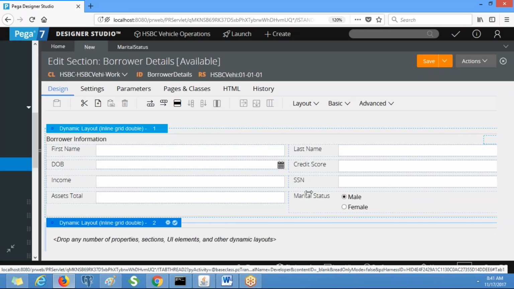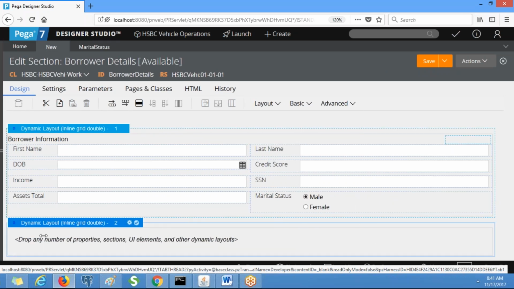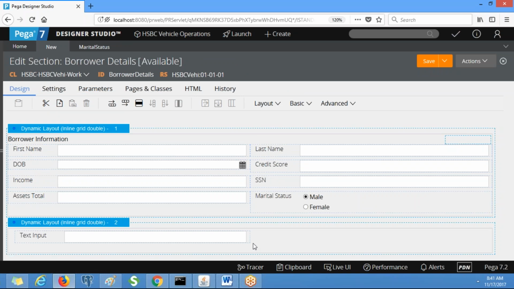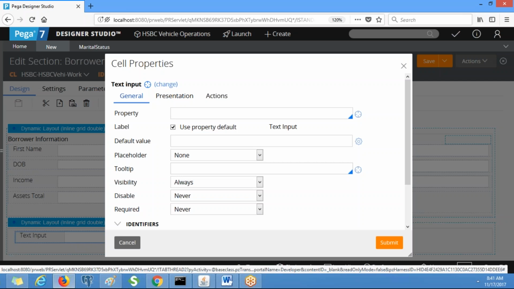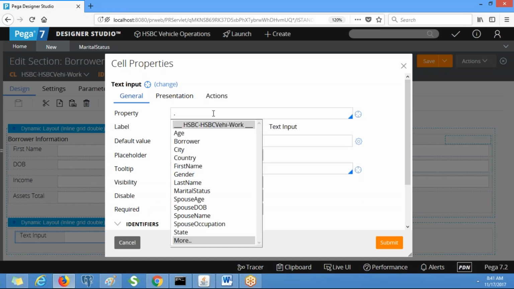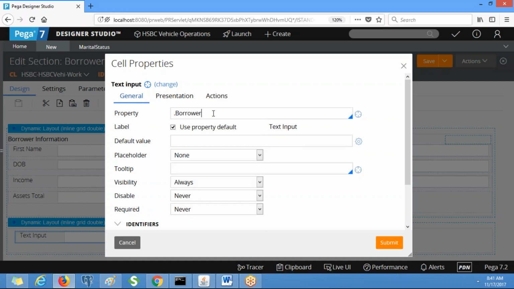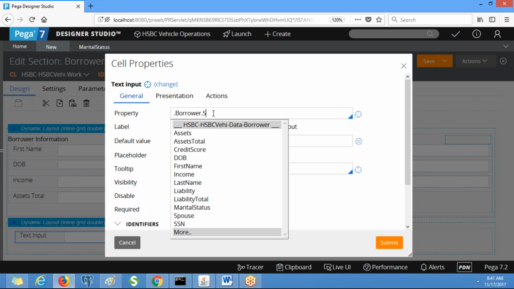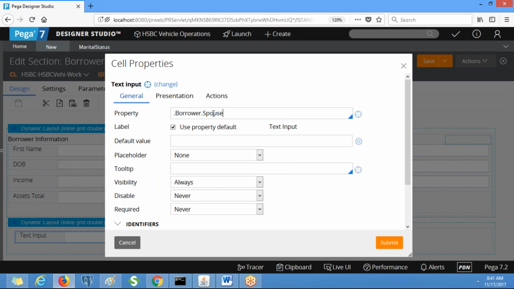So here we take a text input, go to the cell properties, and give borrower dot spouse dot.